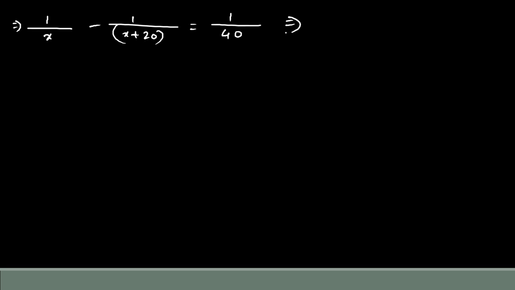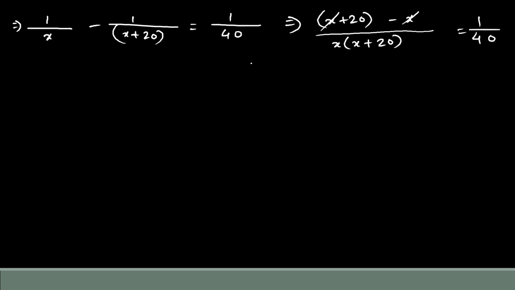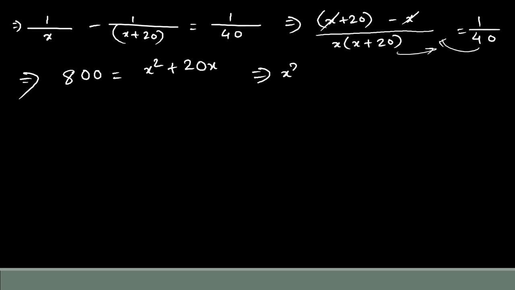Okay. So you have to first turn this equation into a quadratic equation. Let me just solve it. This is x plus 20 minus x equals 1 by 40. So x gets cancelled, and then you take this 40 to this side, it will be 800 equals, take this to the other side, it will be x square plus 20x. So from here you can get x square plus 20x minus 800 equals 0,